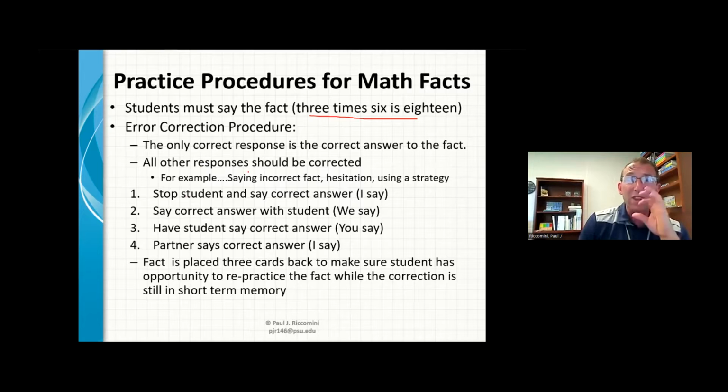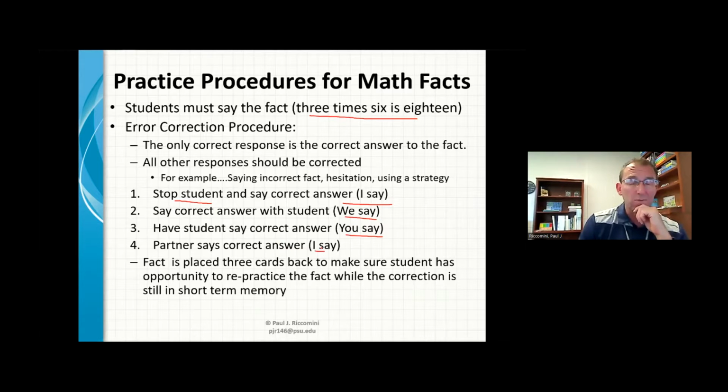When the student says the incorrect answer, you stop the student, and then you say the correct answer. Then you and the student say it. Then the student says it, and then maybe you say it one more time.